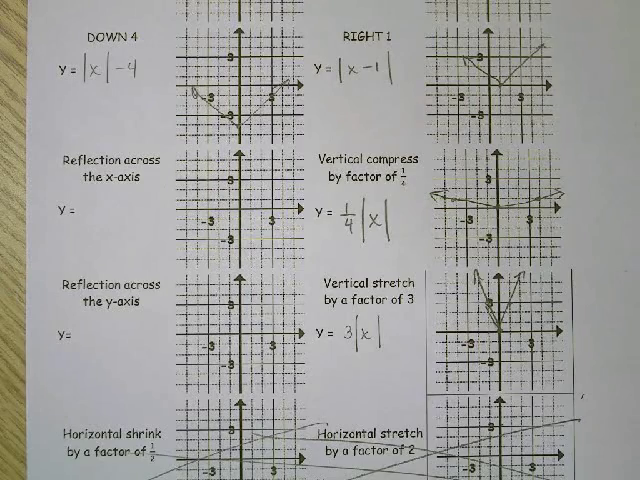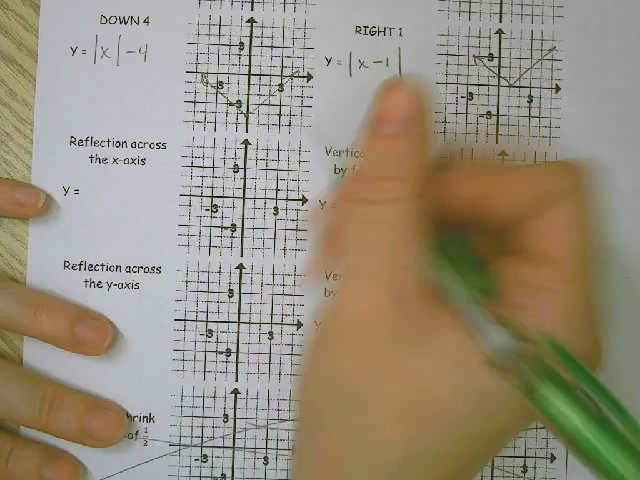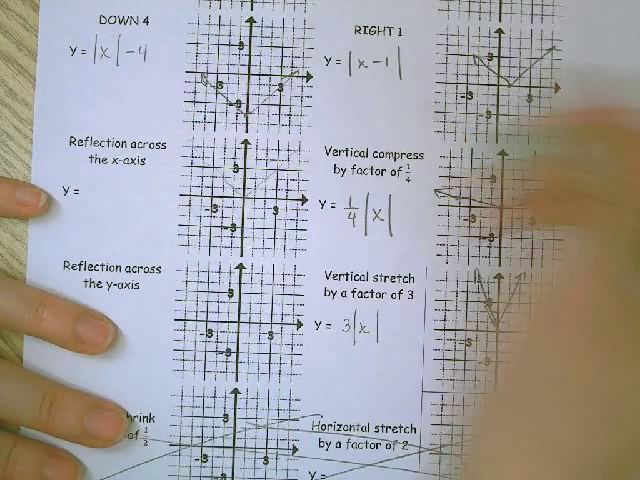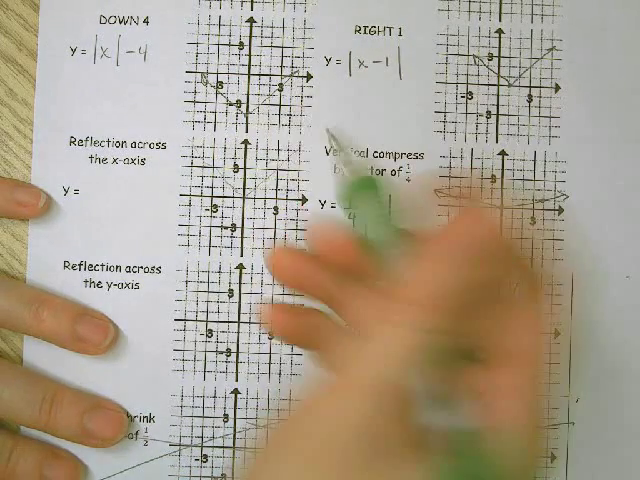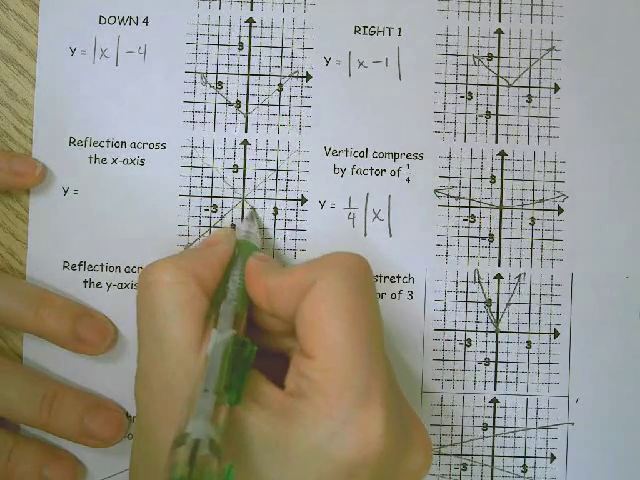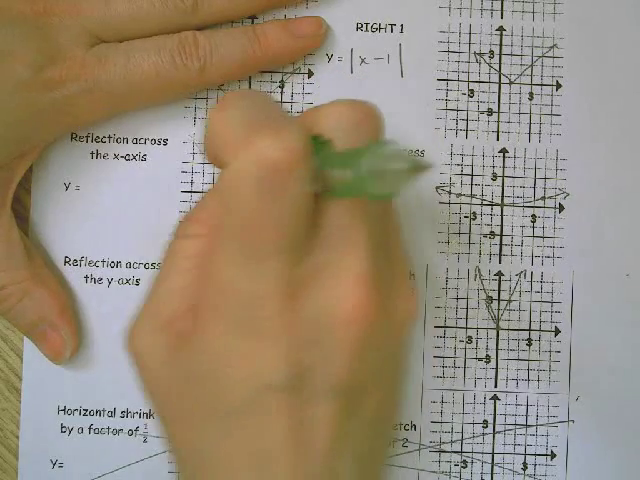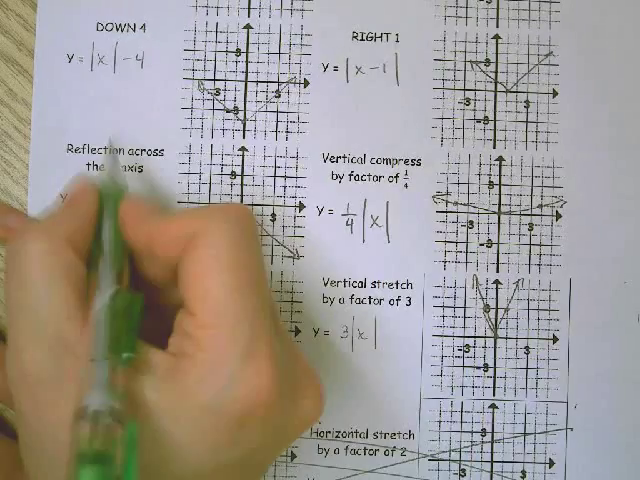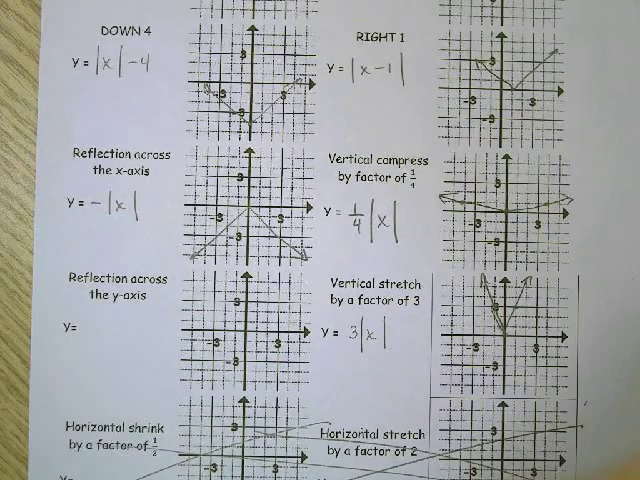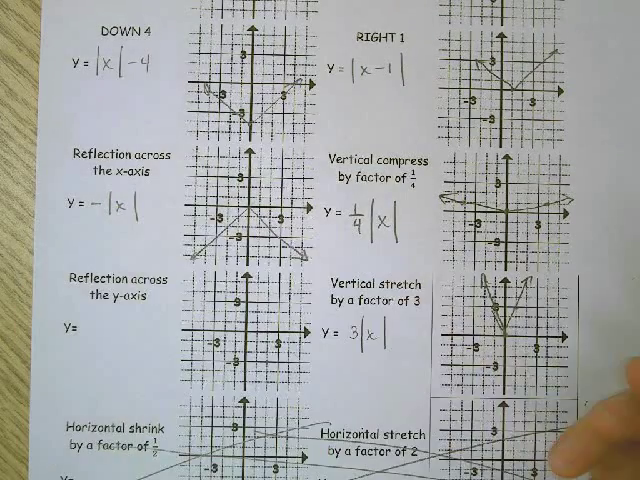Reflection across the x-axis. So this is the x-axis. So what that means is we are taking our parent graph and flipping it so that it reflects over the x-axis. So anytime we flip over the x-axis, that means our a is negative. It's a negative absolute value of x. So whatever comes out of here is positive, but then that negative makes it negative, so the whole thing is